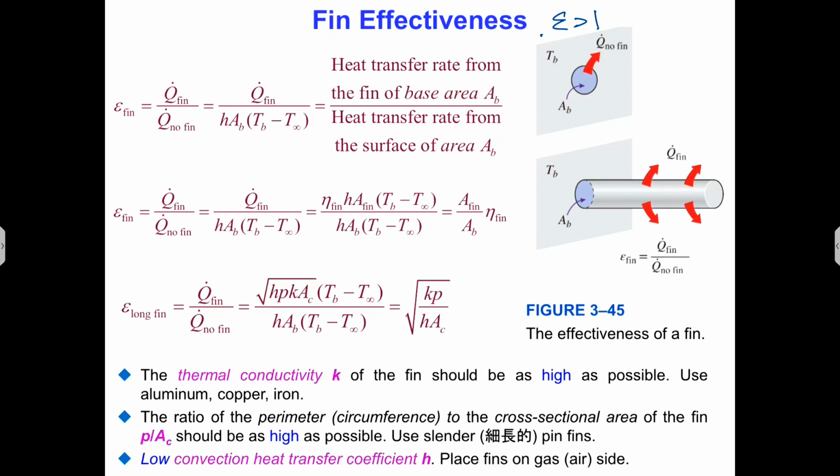Then if you have no fin, which means the heat going to propagate just via convection. 好，所以它的分母就是直接把 Newton cooling law 放进来，所以 H 乘上那个发热的 area 乘上温度差，这样可以吗？好。